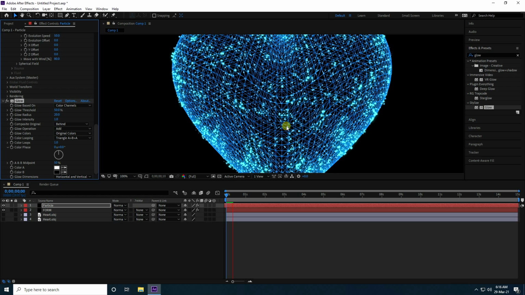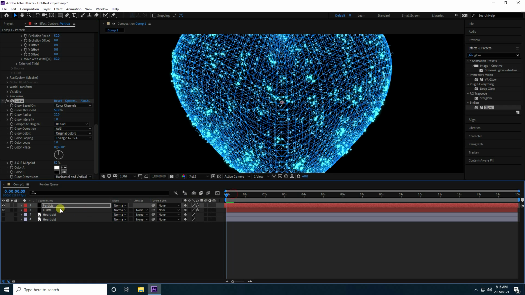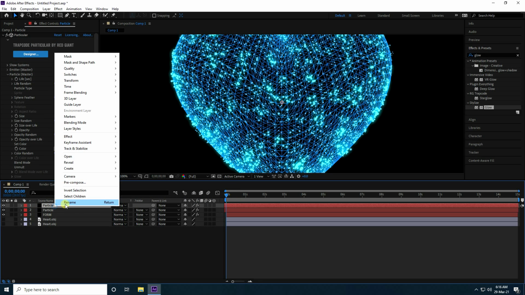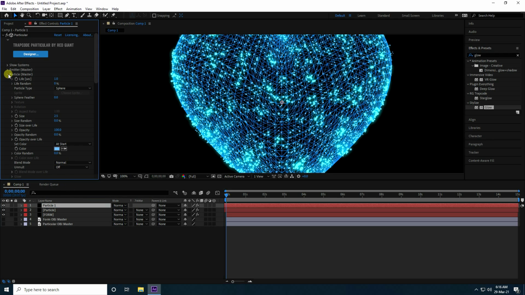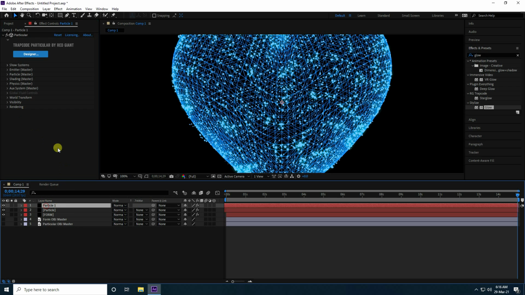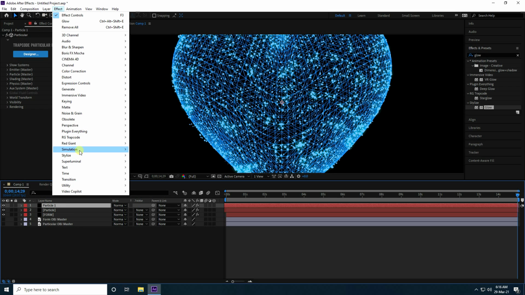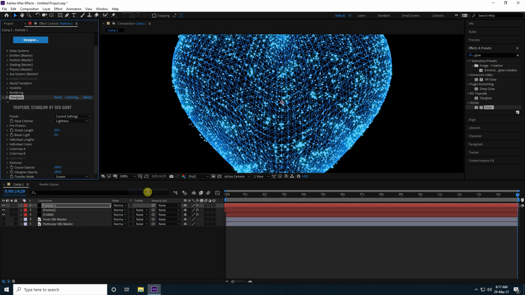Okay, so now guys I take one more particle effect. So select this particle and Control D and rename it Particle 1. And guys unfold all and select this glow and press the delete key. So guys select this Particle 1 and this time I apply Star Glow, this one.